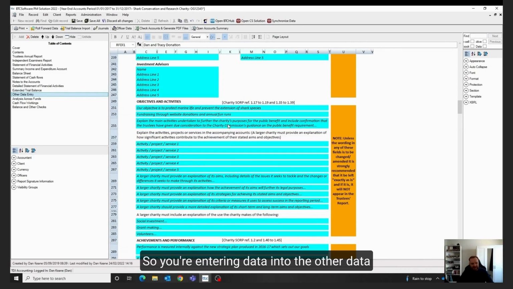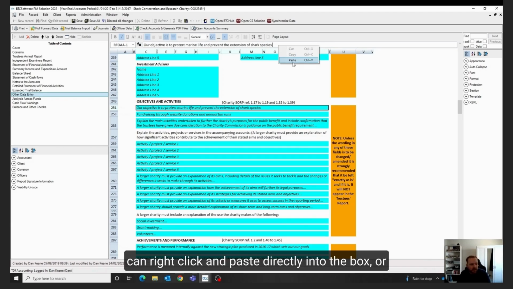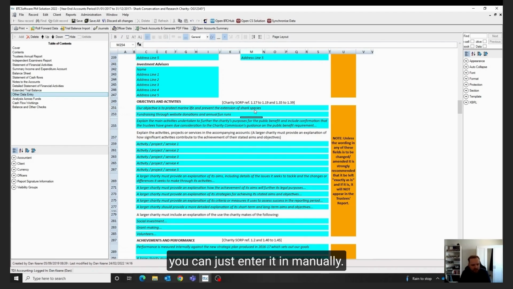So you're entering data into the other data entry section, but it's going to neaten itself nicely into each of the different pages that we have within the table of contents. So there is a trustee's annual report, and all of the information that's entered here will then form within the trustee's annual report. Now what you can do here is, if you have this information on a spreadsheet or a Word document, you can right click and paste directly into the box,